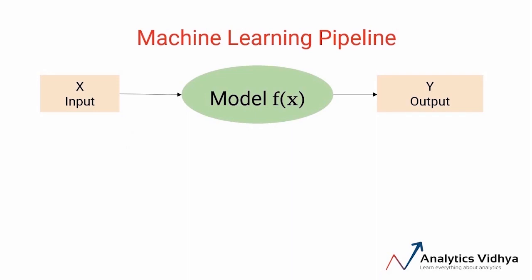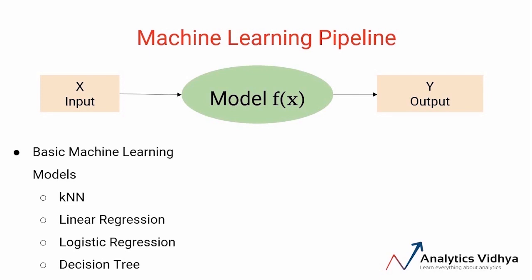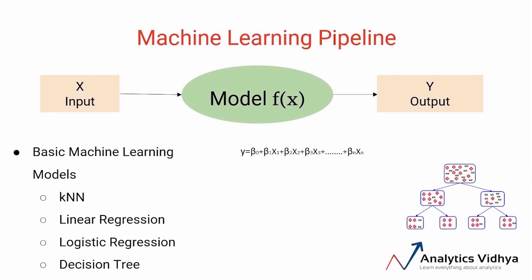We used some data to build a machine learning model, where the model is basically a function that tries to learn the relationship between the dependent variable and independent variables. For instance, we covered the following basic algorithms like KNN, linear regression, logistic regression, and decision tree. And if you recall, linear regression is a function y is equal to beta naught plus beta 1 x1 plus beta 2 x2 and so on, where betas here are essentially the coefficients of variable. Similarly, a decision tree is a combination of multiple if-else statements where we've tried to find pure nodes.